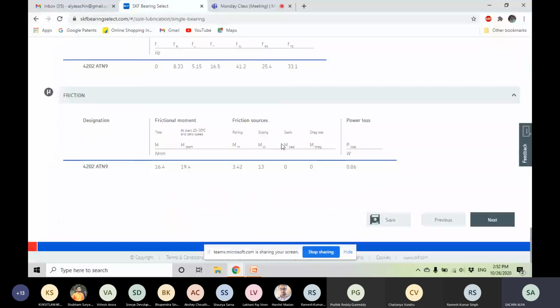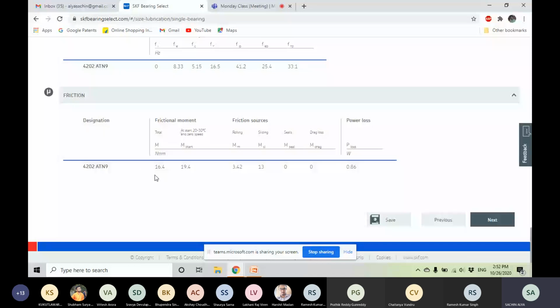Then coming to the friction. As we all know, if we place any coupling between two components, there will be friction and there will be a power loss. So the SKF tool also calculates what will be the friction and the power loss due to the current loading condition in that particular bearing.